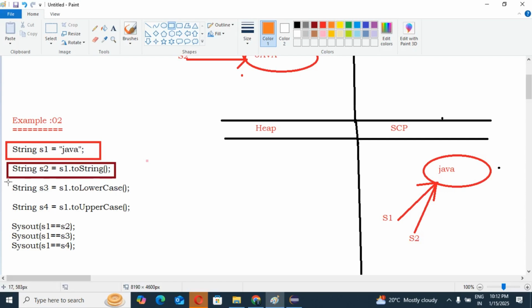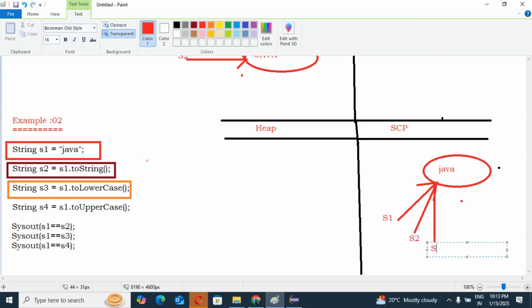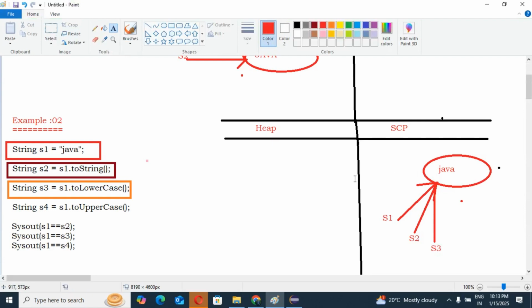So guys, that's why this is also pointing to the same object. Yes or no? Pointing to the same object, guys. I hope you don't have any confusion. So you can see s3 will also point to the same object. Correct, guys? As of now. Guys, see, then our next point.